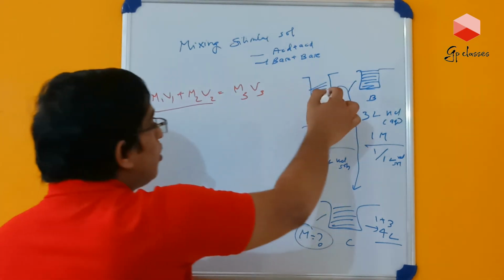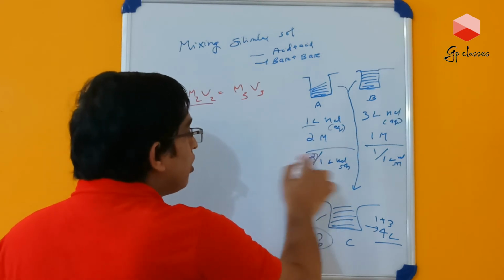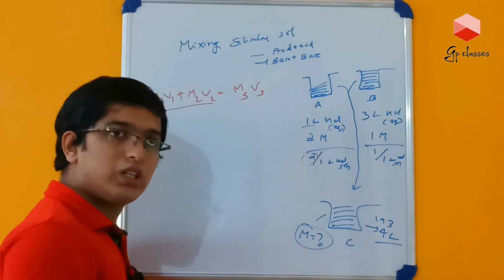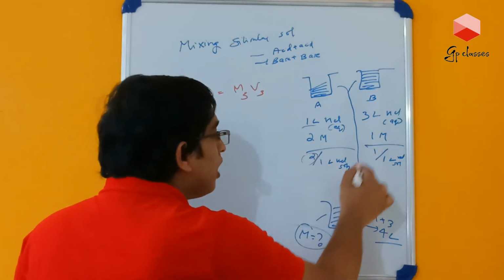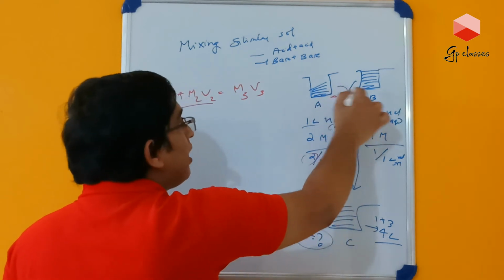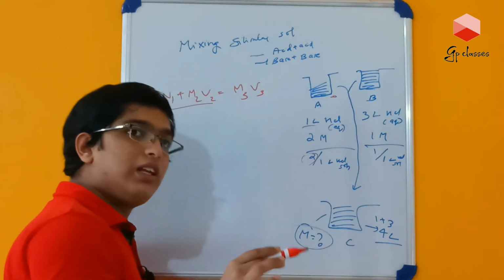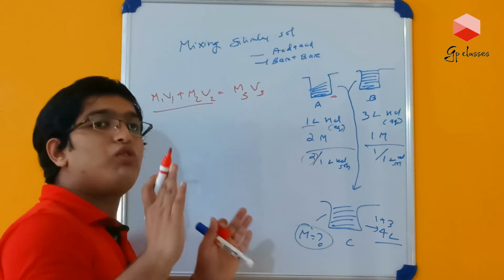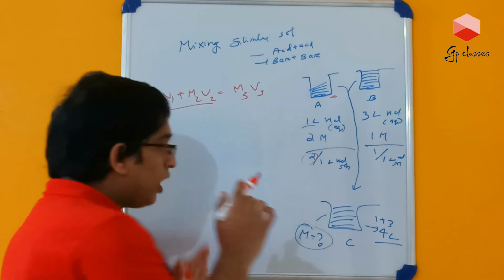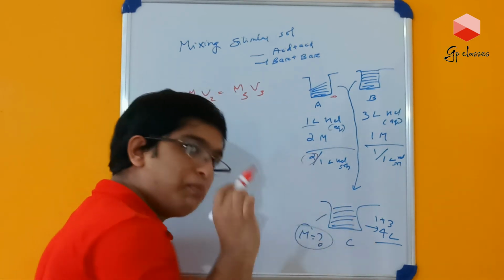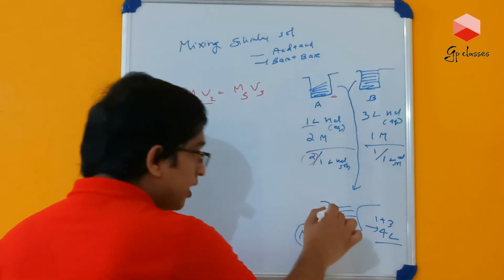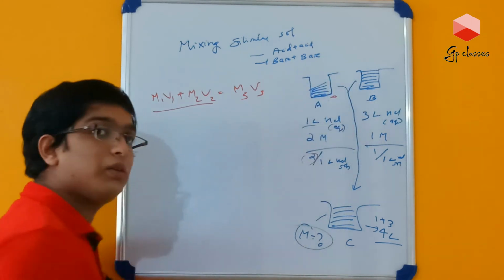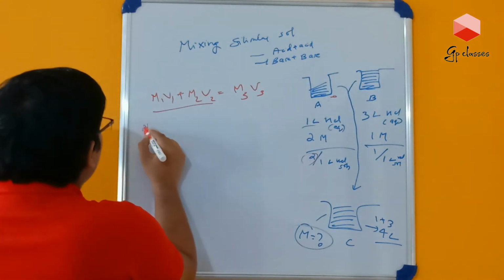Okay, you know that in the first solution you have a particular number of moles, and in the second solution also you have a particular number of moles of solute. And you are adding both, that is, the solutes from beaker A and beaker B are added. So obviously the net number of moles of solute is the sum of the number of moles of beaker A and beaker B. The number of moles of solute of beaker C is equal to the number of moles of solute of beaker A plus the number of moles of solute of beaker B. I will write